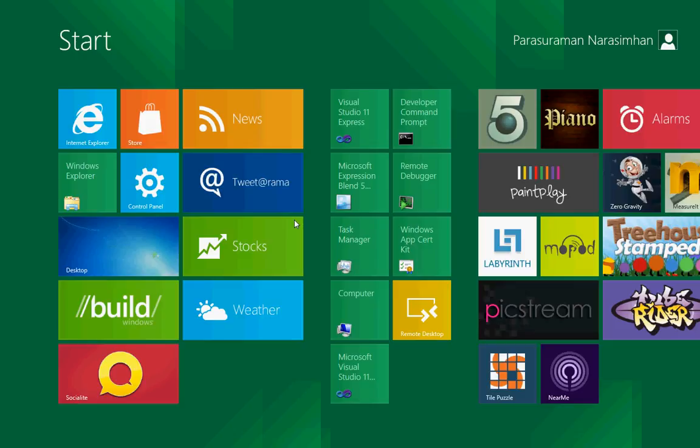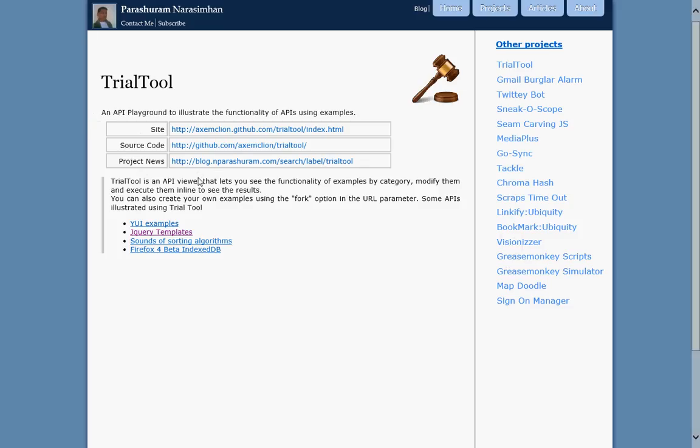This video is a demonstration of TrialTool on the Windows 8 Metro UI. TrialTool is an API playground that's already available as a website. TrialTool lets you see APIs, play around with them, and run them inline. TrialTool as a website has already been used to demonstrate APIs like Yahoo User Interface, jQuery plugins, and even